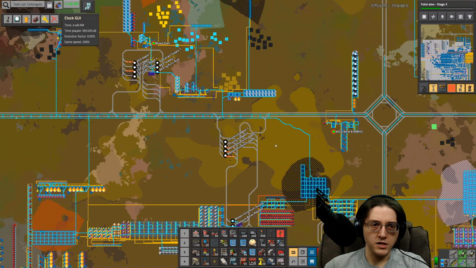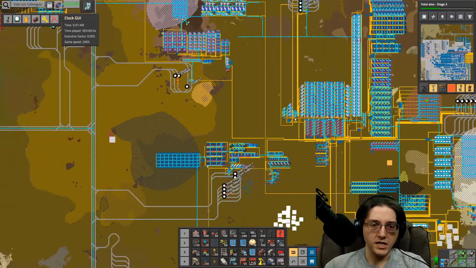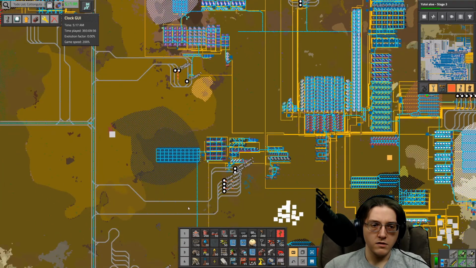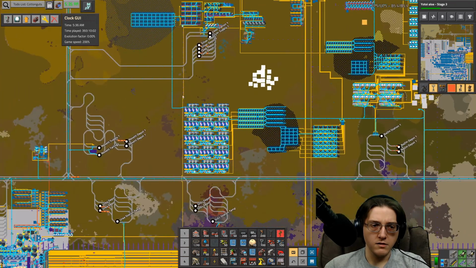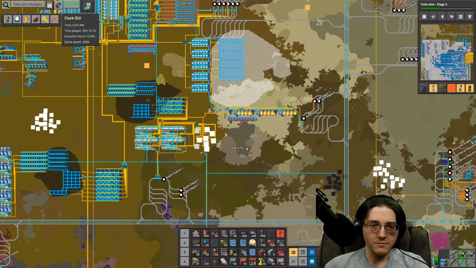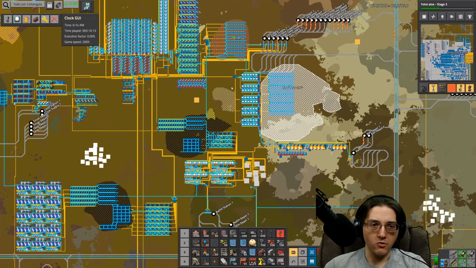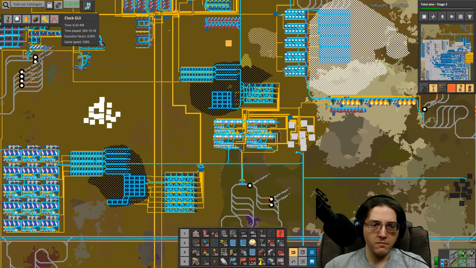Coke production. Titanium. Lead, silver, iron, acetylene, more coke. Yeah, I think I'm good. Ash, borax, slaked lime,